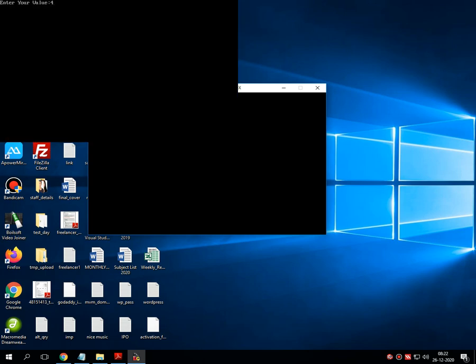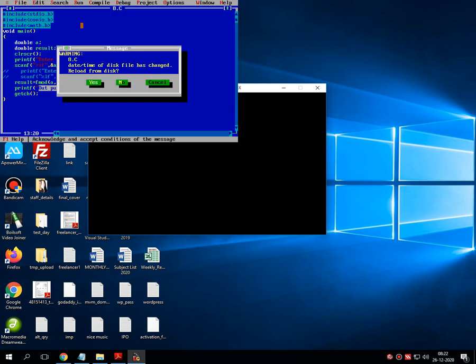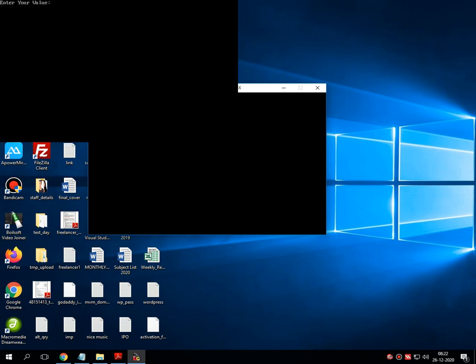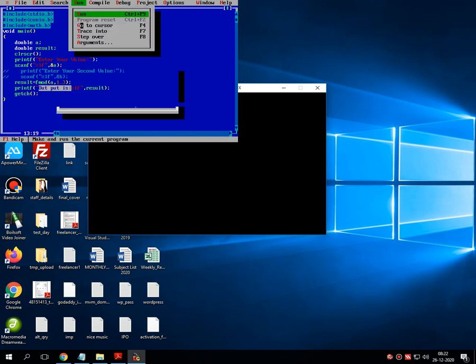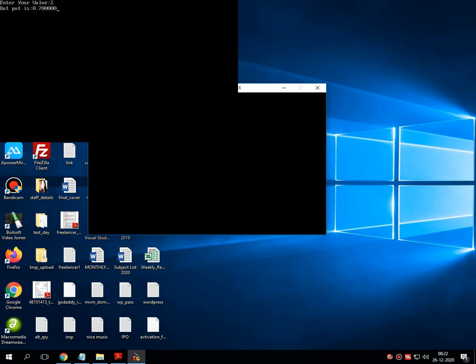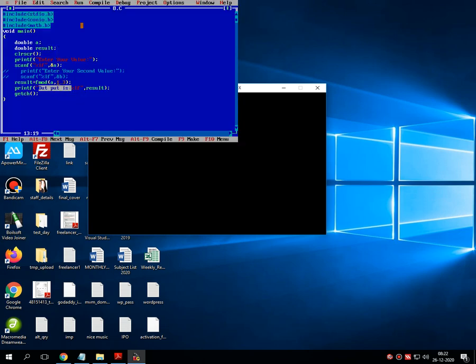Say for example I am entering 4 as the inputted value, then it returns 2 onto the screen. Sorry, I have entered 2, then it returns 0.7 onto the screen. So as far as the syntactical part and the theoretical concern about this particular topic, the output is proper onto the screen. Let's see this code in Notepad for better visibility.